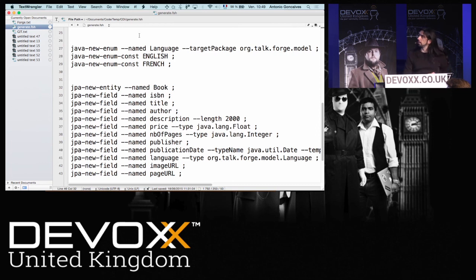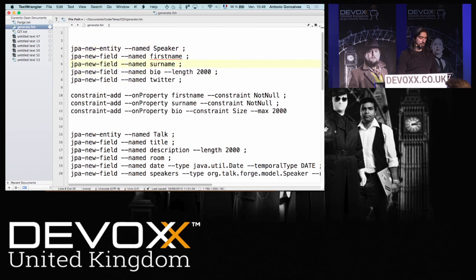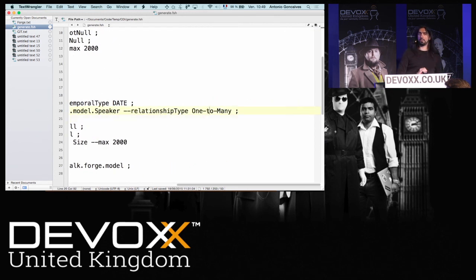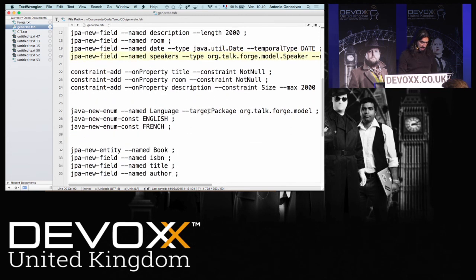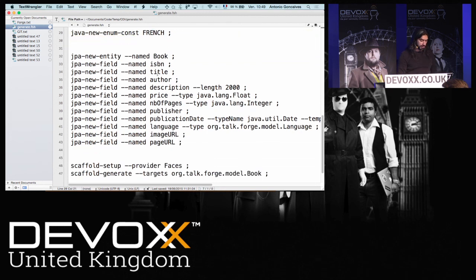So here I'm creating a project called Project JSF with a speaker entity, with a name, a surname, constraints, dates. Look at that. A one-to-many relationship. JBoss Forge can scaffold one-to-many and many-to-many relationships. An enum. A book is written in English, in French. As a title.